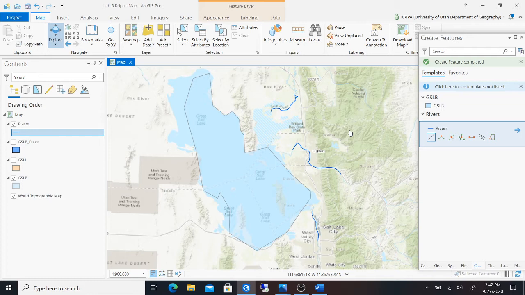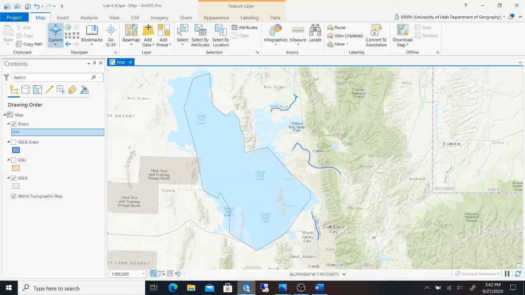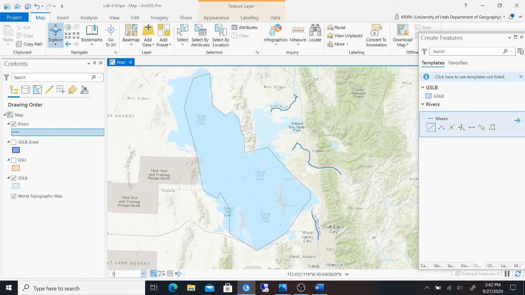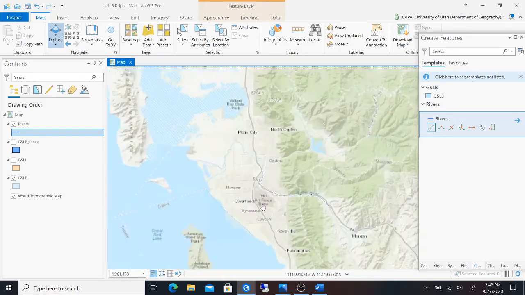So that's great. And now I think we need to add these into our attribute table. Okay, so first we need to have them at 100,000 scale. Let's try 100,000. They wanted to make sure that when you're digitizing, it's at this scale, so it's easier to trace the topographic map. It's okay if you guys don't want to do that either. So once you've done that,